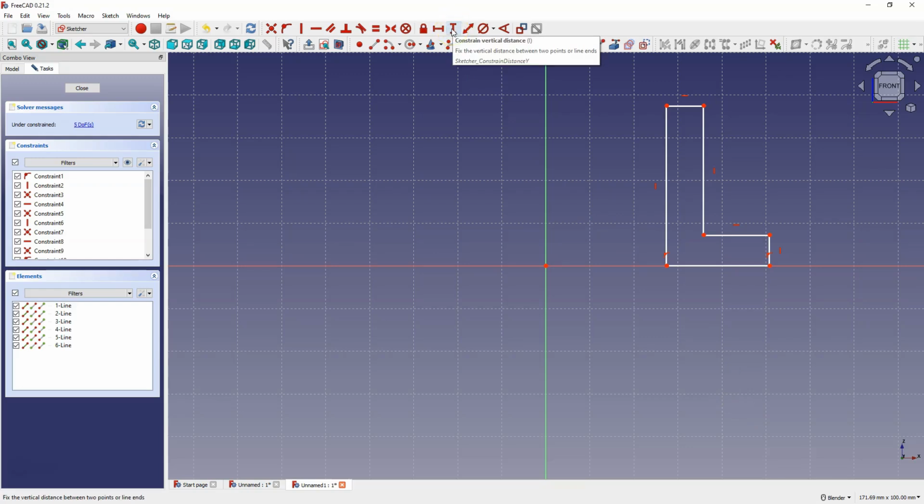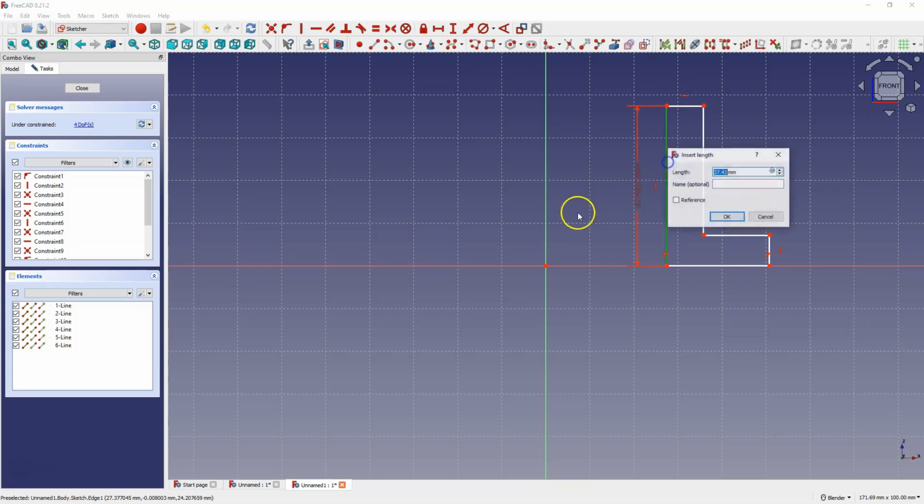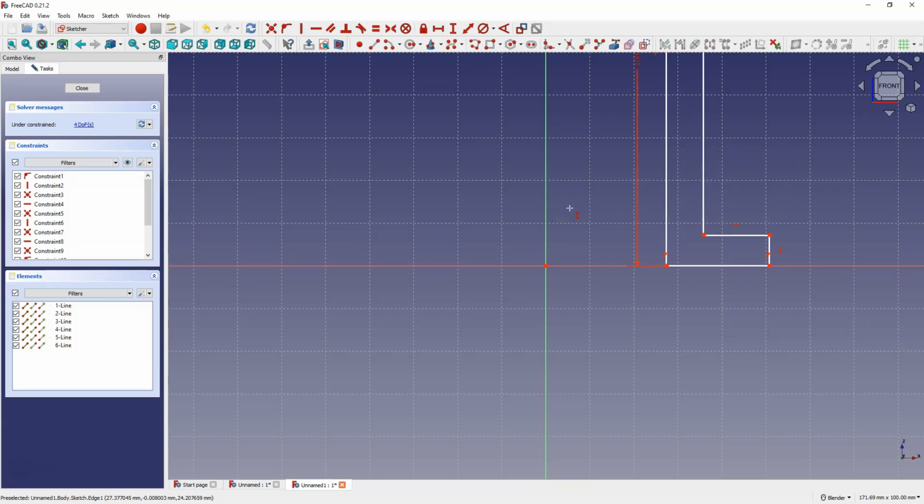Select this command and select this line, and here enter 100 millimeters. Okay. Now click this line and here enter 25 millimeters. Okay. Now select horizontal dimension, and just as we indicate geometry here, we can also select points between which we